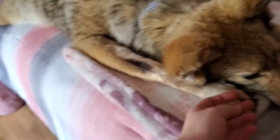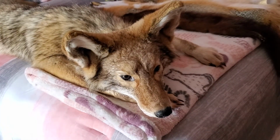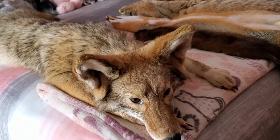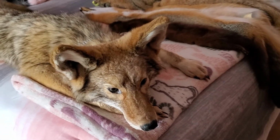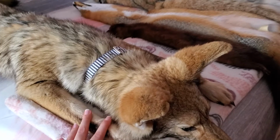And then finally, the biggest part of my taxidermy collection here is this guy. So this is Caden. He is a full mounted, soft mounted coyote, however you pronounce it. And I got him 6 years ago now, almost exactly 6 years. I got him off of DeviantArt originally. He was very well priced. I think I paid